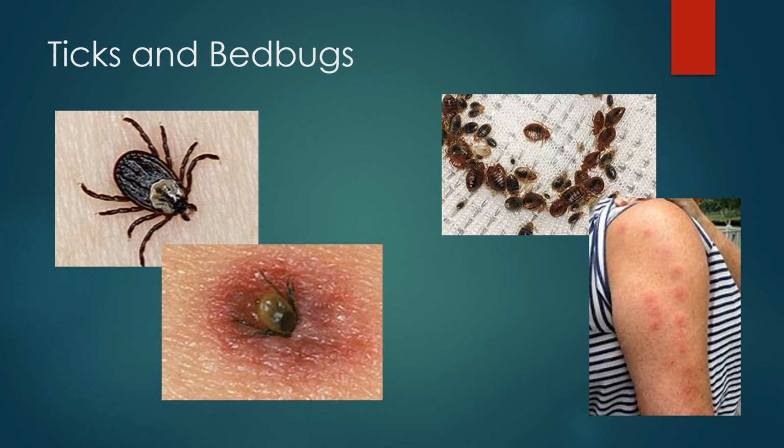There are two more common types of parasite-related skin issues, ticks and bedbugs. Ticks are bugs that bite humans for blood. Their heads burrow into the skin and they drink the blood of their host. They also secrete enzymes and bacteria into their host. To remove ticks, they have to be removed very carefully so the entire tick, including the head, is removed. If the head is not removed, it can stay in the skin and cause infection.